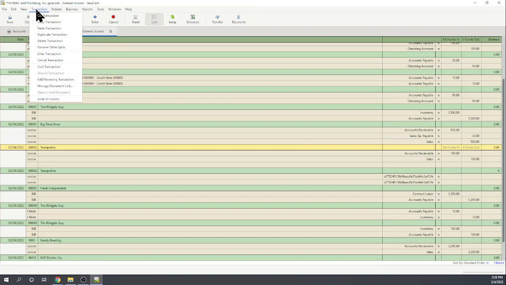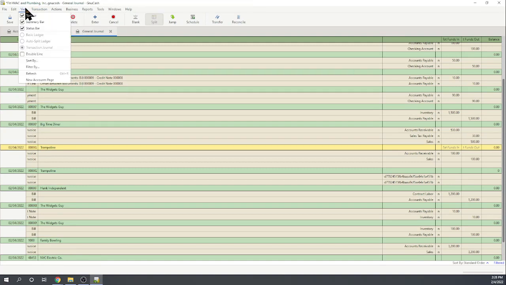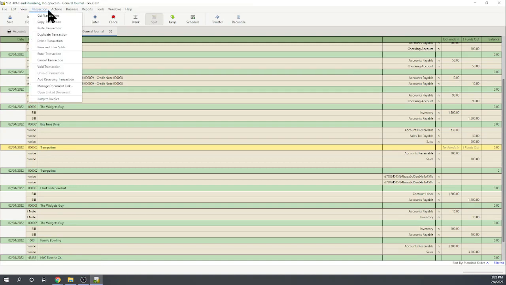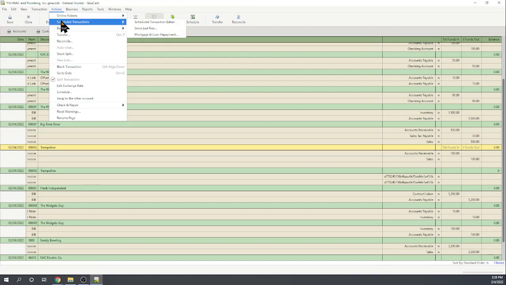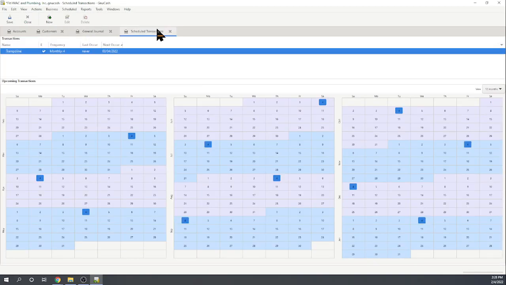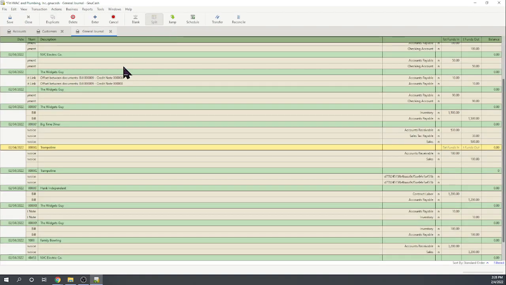If we go over here to, where was it, here's our scheduled transactions, the scheduled transaction editor. Yeah, here we have our Trampoline City scheduled transaction. Okay, very good. So next,